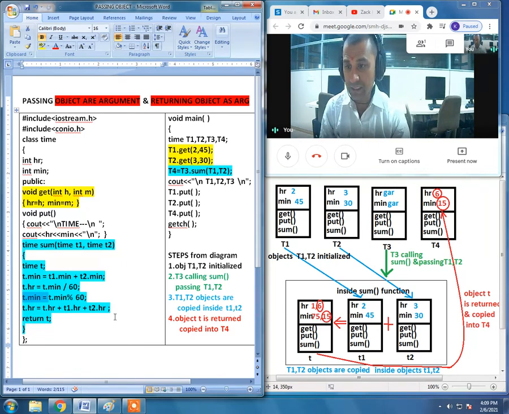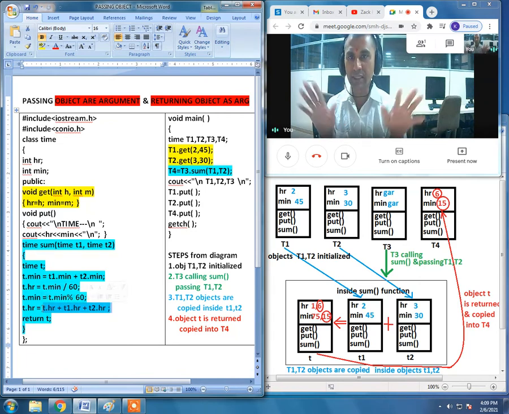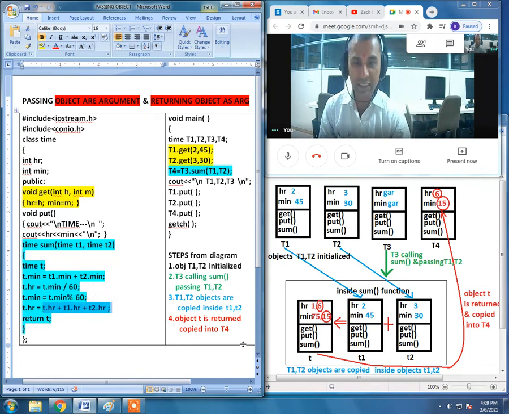So that is how the value 15 is being placed here. One last functionality inside the sum function, that is the addition of the R variables for all the three objects, that is t1, t2 and t itself. So 2 and the previous value of t, that is 1. So all the previous values of t, t1 and t2 are being added and it is going to be replacing the value in t. So the new value of t dot r will be 6. That is how small t object is created with the final values 6 and 15.